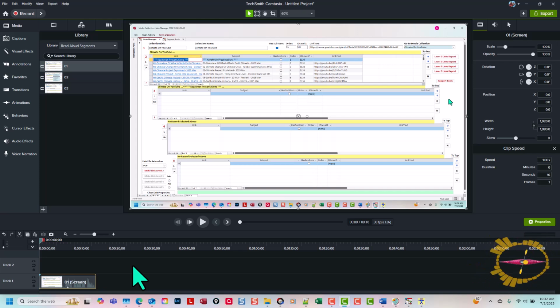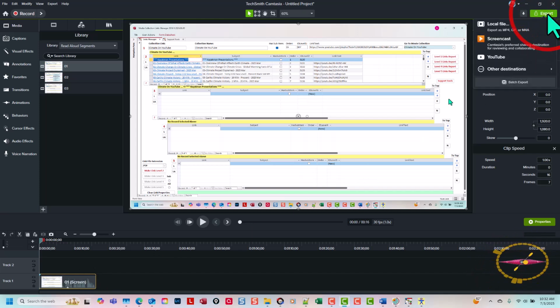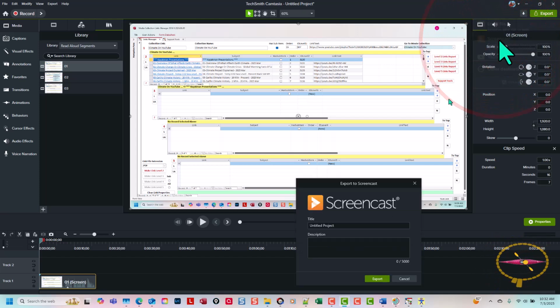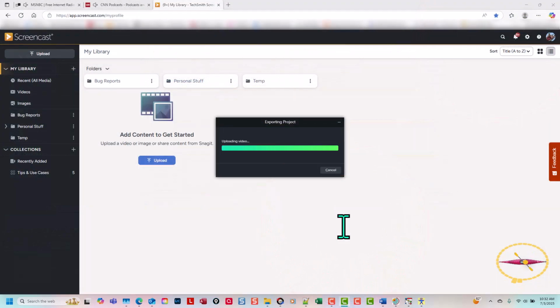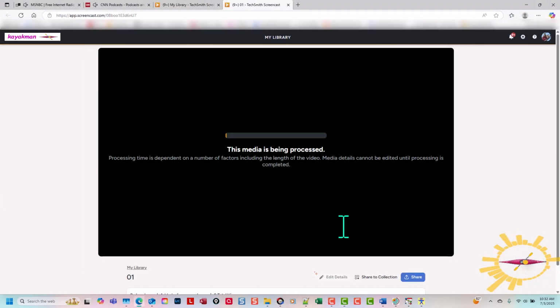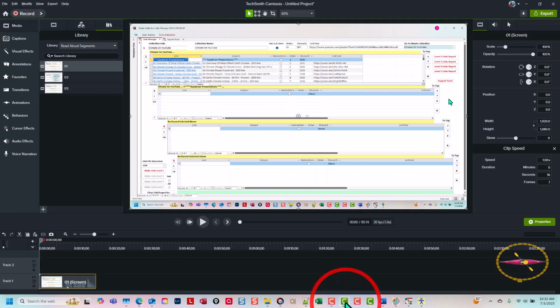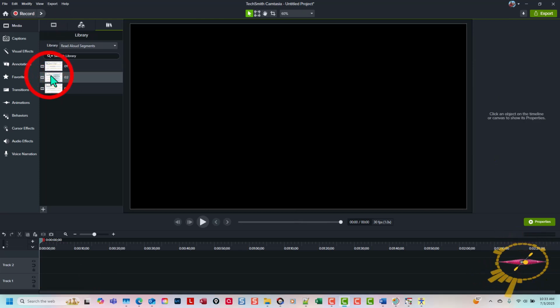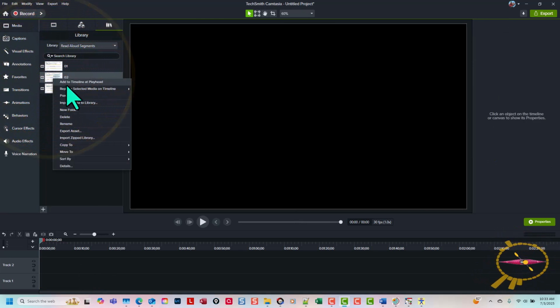So with the clip on the timeline, export, screencast.com, and I'll call this 01, Enter key. Okay, that's up there now. I'll go back to my project, delete that, select my next segment, right-click, add it to the timeline,